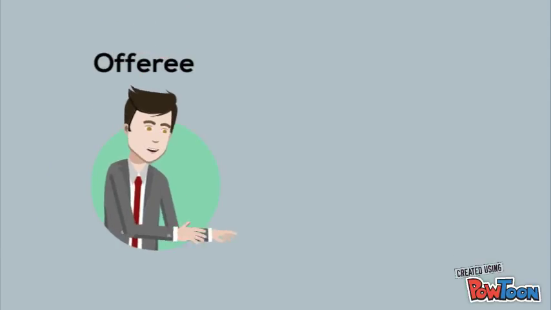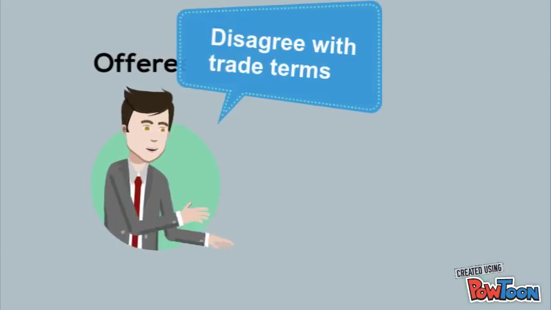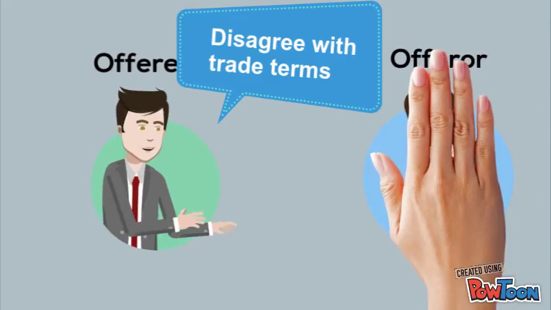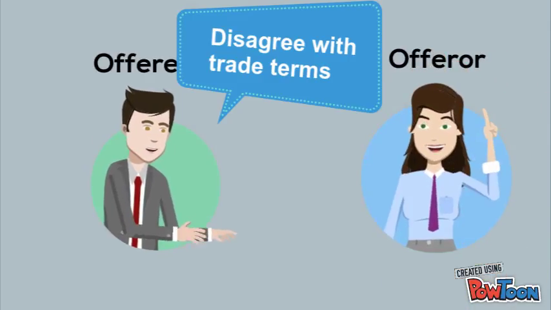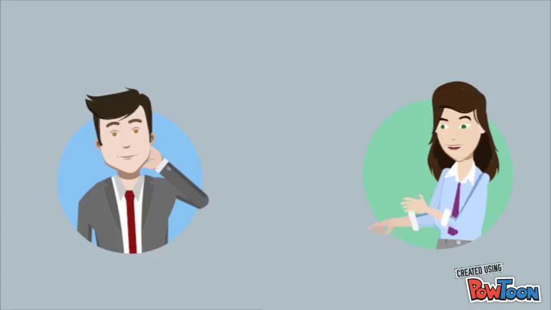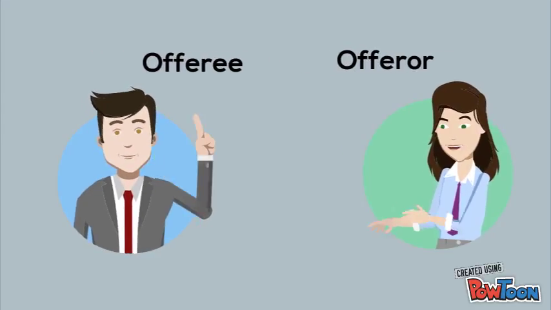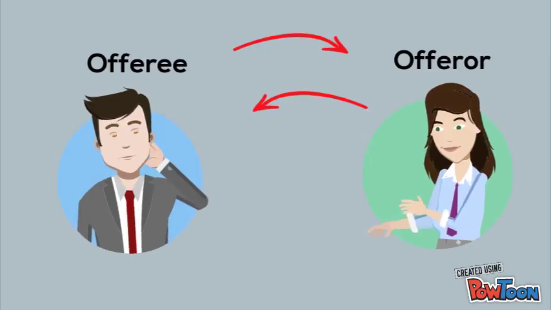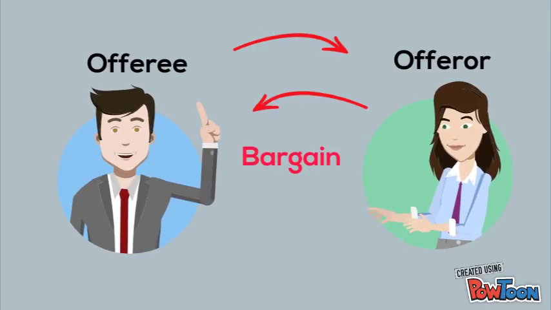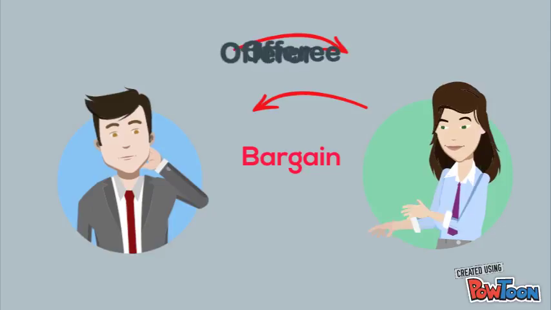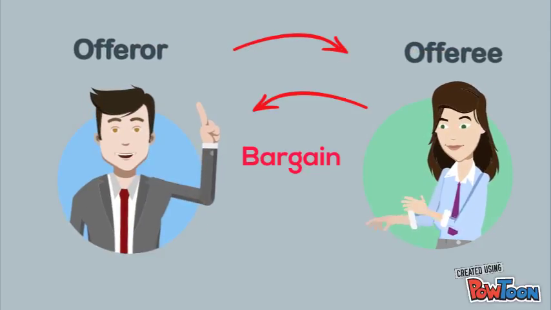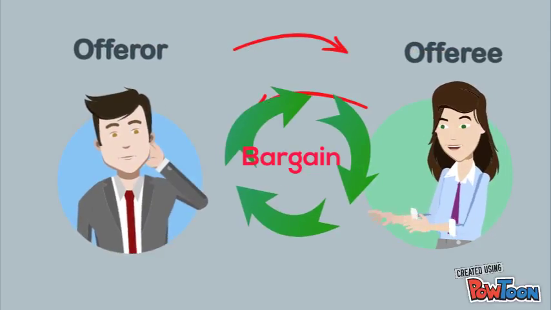The offeree makes a counteroffer by showing his disagreement to a certain term or terms and proposing an alternative bargain. The effect of such a counteroffer is that the offeree and the offeror switch positions. By giving the bargain term, the offeree becomes the offeror, and the original offeror is now the offeree. This cycle may be repeated.